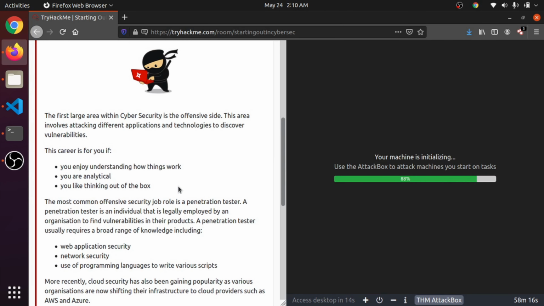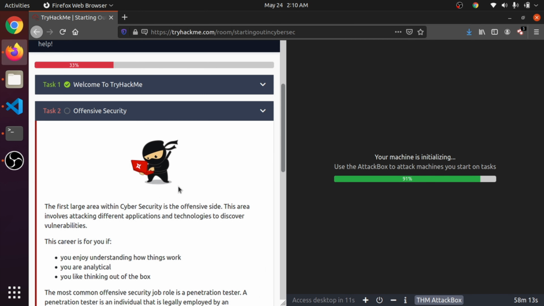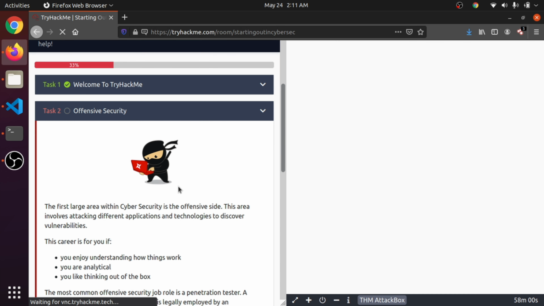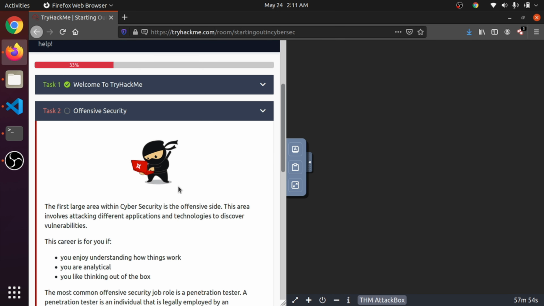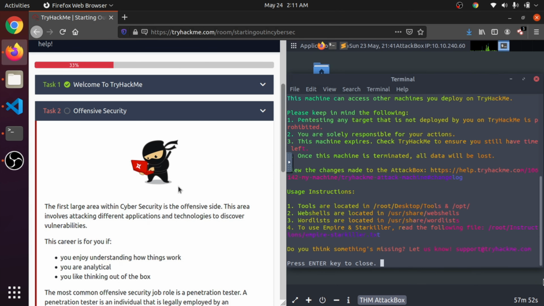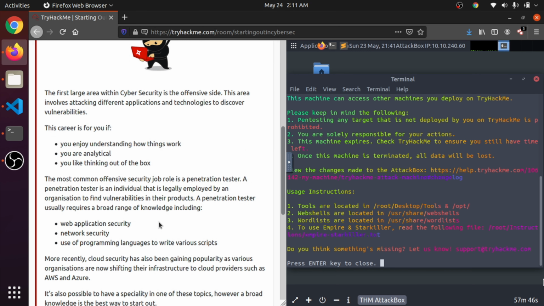So basically what they are telling us here is that there are two parts. The first one is offensive security. What is offensive security? Just think of a company that has some websites or Android apps it created. For example, think of facebook.com. We are the hackers. If we hack their site and find some vulnerabilities and bugs, that is called offensive security. The most common name for this is penetration testing. There are several types, like web application security and network security. Then we write some programming languages to create attacks.